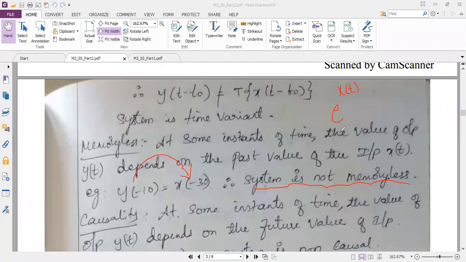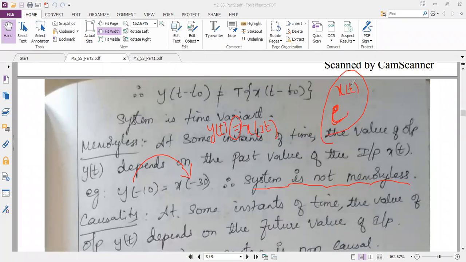But I am just giving you a comparison here. E power x of t is different, and direct linearity is different. Linearity means what? Output is directly proportional to x. If the output is directly proportional to x, then we have to think about the number of times to conclude. Here the output is not directly proportional to x. It is the e power x term.